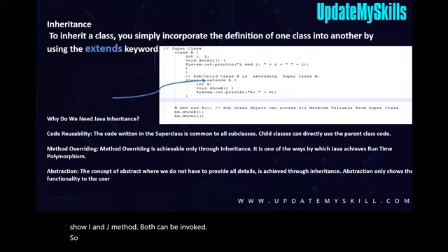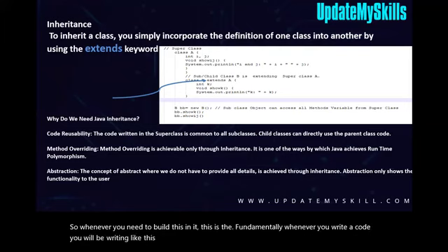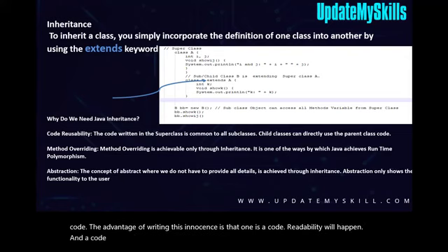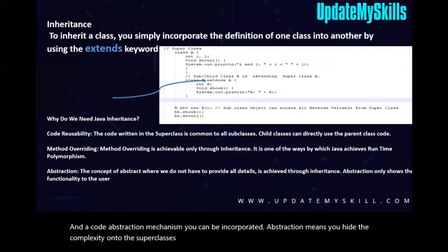Fundamentally, whenever you write code, you will be writing like this in most cases. Without inheritance, it is very tough to write code. The advantage of inheritance is that code reusability will happen, and a code abstraction mechanism can be incorporated. Abstraction means you hide the complexity in the superclasses, or you write generic functionality in the superclasses, and you write subclasses as many as you want